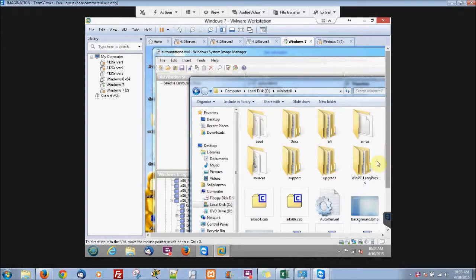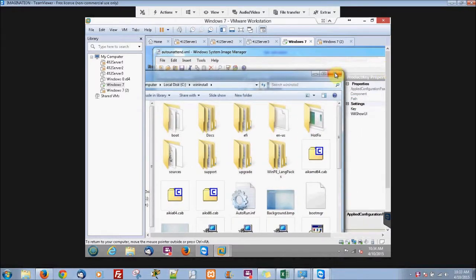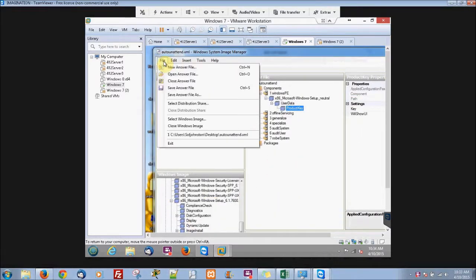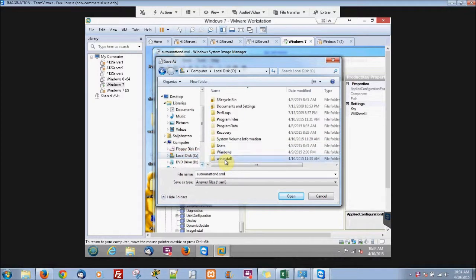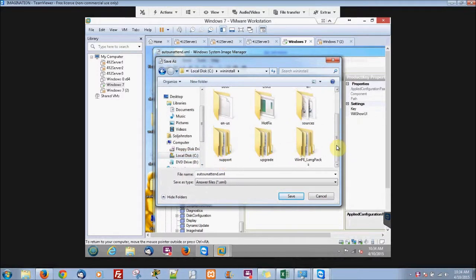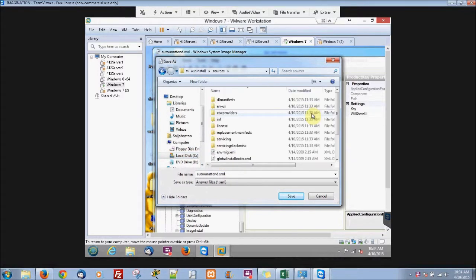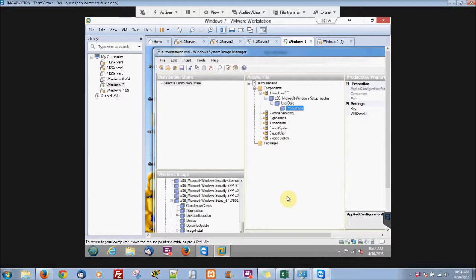So we'll go ahead and we're going to save that answer file right to that area that we were just in. So your computer, C drive, the one install right here under sources. We'll save it right here because it's right where our file should be saved. Alright, now